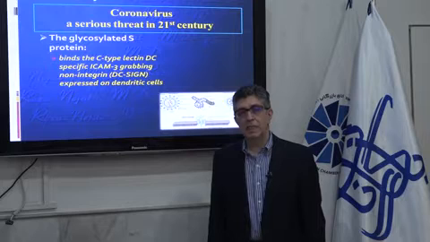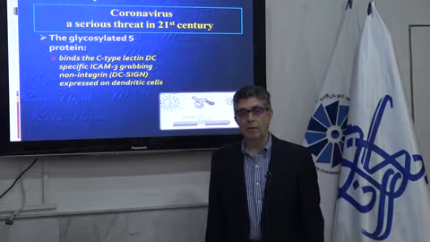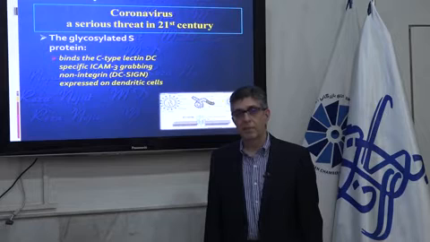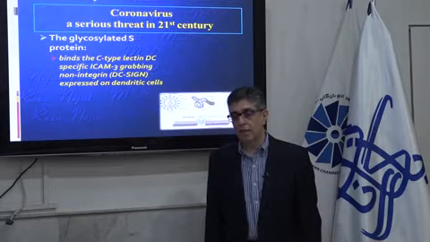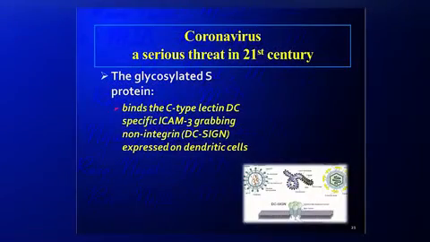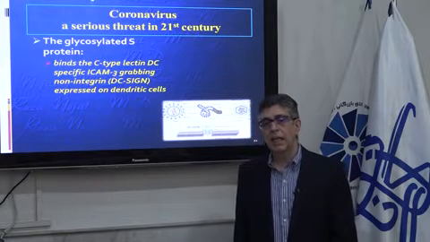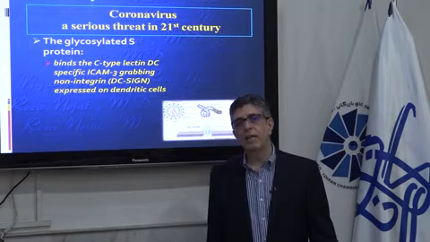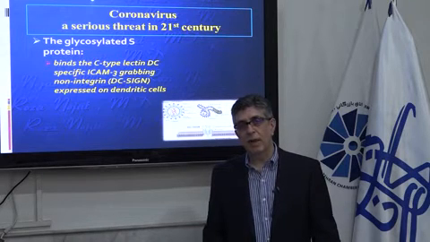our DC cells, dendritic cells, which are in the first line of innate immunity, grab the virus through lectin receptor, because this virus S protein is a glycoprotein that can be attached to C-type lectin DC, a specific ICAM3. This is called DC-SIGN. DC-SIGN is a receptor, lectin type, that the virus attaches to, and then the dendritic cells grab the virus,